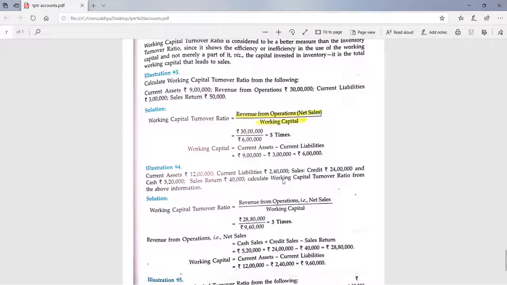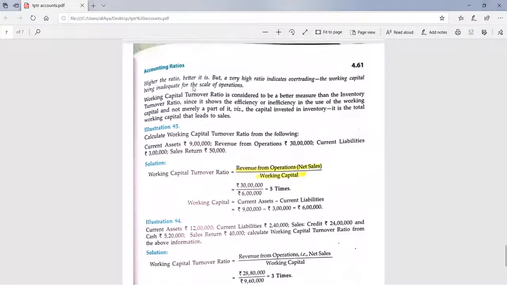One more important thing I want to tell you here: the only difference between cost of RFO and RFO is GP. If you are calculating this ratio with RFO, it means GP is included, and if with cost of RFO, it means GP is not included. The other things are the same, so the answer will not be affected much. But remember that you have to consider RFO only. You will consider cost of RFO only when no information is given regarding RFO. So am I clear, Anmol? Yes, Anmol, am I clear? So now do the question.